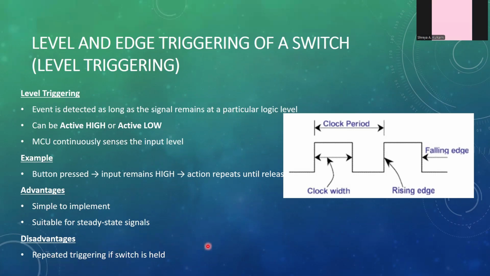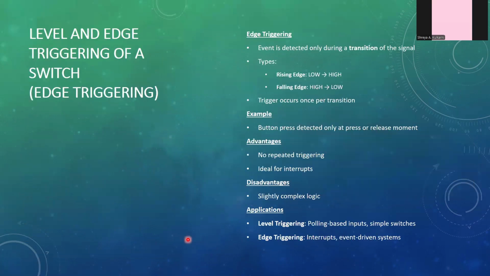This can be considered as an advantage or a disadvantage. It depends on what we want. If we want to increase the volume, then level triggering is preferred over edge triggering. But if you want to switch on or switch off the TV, if you press it once and you hold it for a particular period, you don't want your TV to switch on, switch off, switch on, switch off. You don't want that thing to happen. So for that, you will go to edge triggering. This can be considered as an advantage as well as disadvantage. Okay, so this is for level triggering.